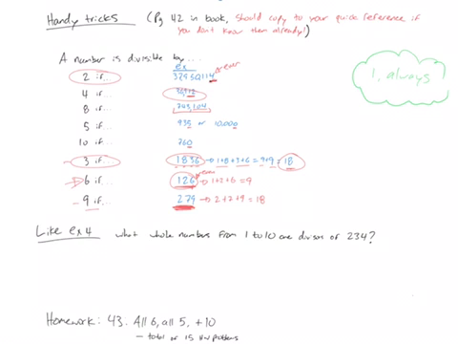Now, one more example here. This is like example 4 in your book. What whole numbers from 1 to 10 are divisors of 234? So what I'm wondering is, what numbers